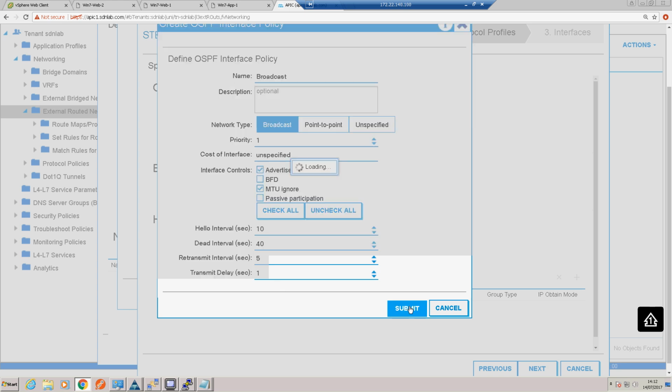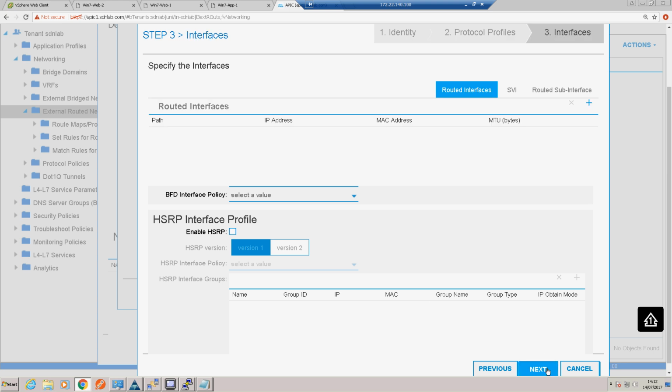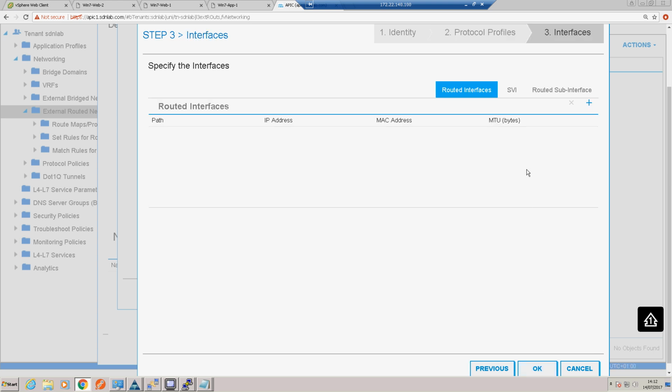Okay, so we've got a couple of choices here. We've got a routed interface option, an SVI option, or a routed sub-interface option. Routed interface would be a no switchport equivalent on the leaf switch ports if it was going to a routed port. SVI is just using a VLAN interface on the leaf switches to establish the adjacency. Or you could have a routed sub-interface. For example, if this was uplinking to a switch which had multiple VRFs, you'd probably use the routed sub-interface option. But we're going to use the SVI,